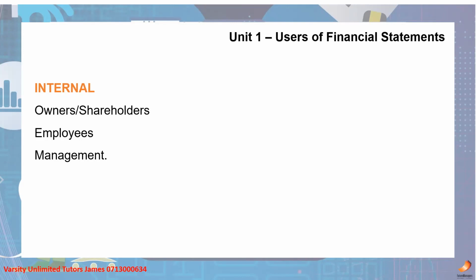So they are interested in the cash flow statement, because the cash flow statement shows whether the organization has got cash or the organization does not have cash. And if the organization does not have cash, then the employee knows I might not get a salary at the end of the month. Or number 2, let's say that an employee has got a job offer from 2 different companies, right?